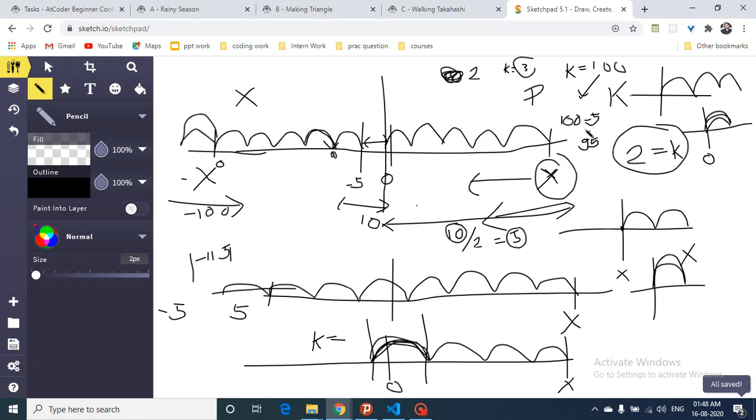Now I have to use these hops very carefully. Because this is odd, I will do hops in pairs, 1, 2, 3, 4, 5, 6, and then after doing all these hops, I will remain with 1 hop left. I will move that 1 hop ahead and I will be at a point plus 5 from 0, and the answer will be 5. I hope you understand. But if it is 94, then I can do all these hops and I can be at 0 again because it is even, which I have told you in this logic, and the answer will be 0.